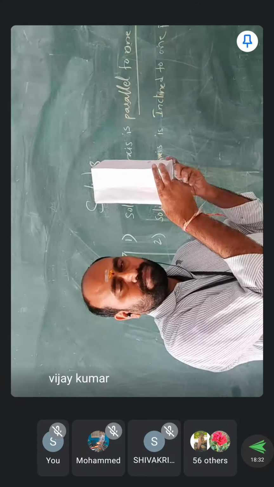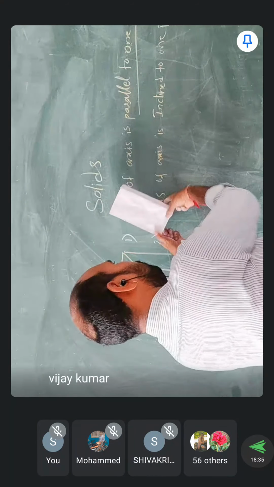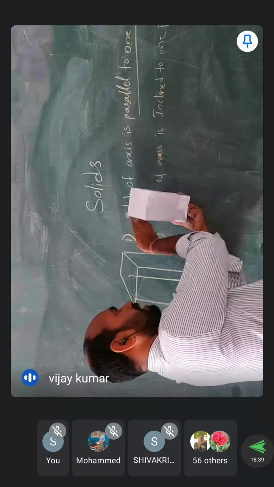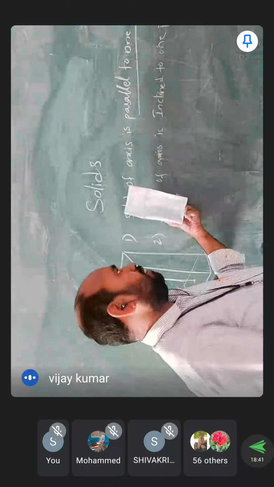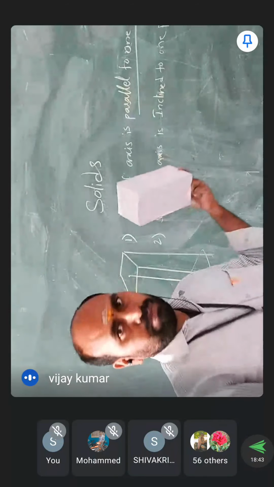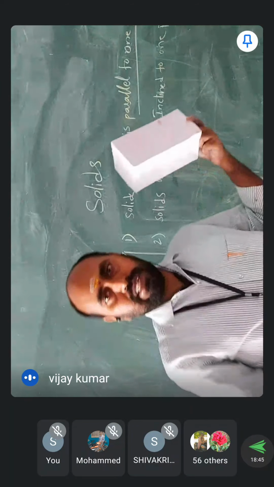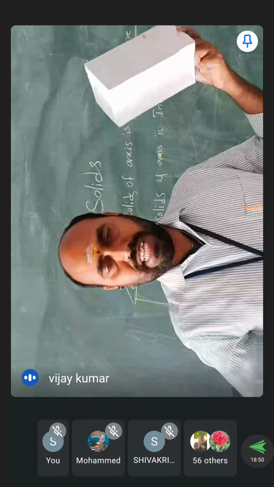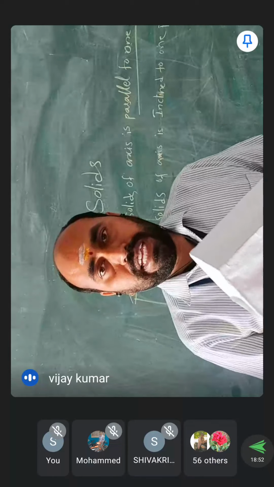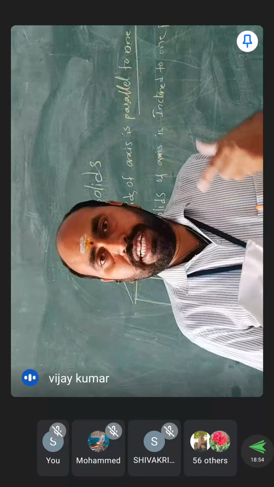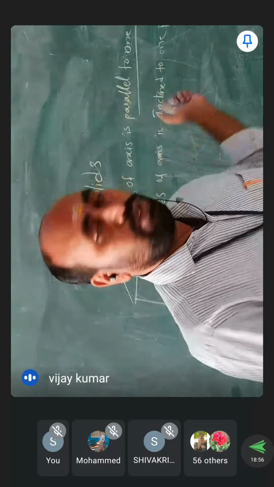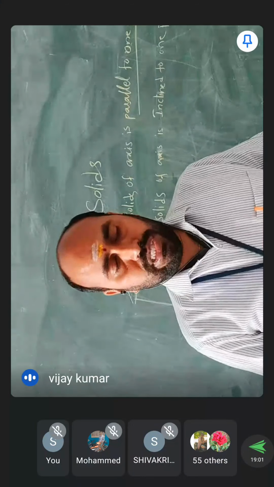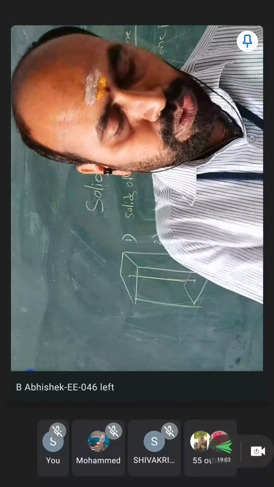So this is the actual direction. Now the axis is making 45 degrees with VP and is parallel to the profile plane also. Profile plane means not the horizontal plane. The profile plane is nothing but a side view, meaning one of the sides only. So depending upon the axis of a solid being inclined to one plane and parallel to another plane, these two conditions we have as problems in the first unit. So let us see, we will do one problem.